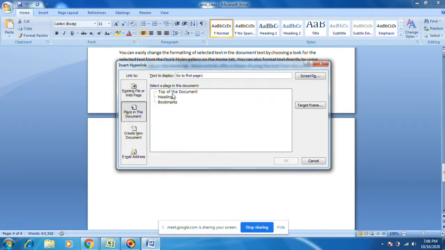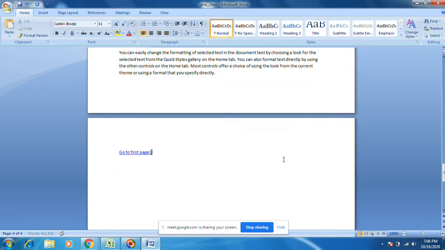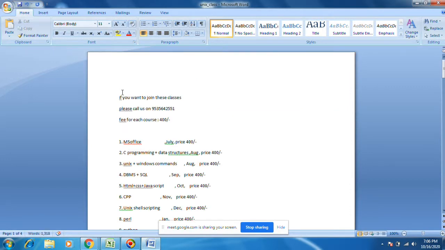Top of the page. This link will be applicable only inside this document. Just click OK. If you do control click, it will go to the top of the page, the first page.